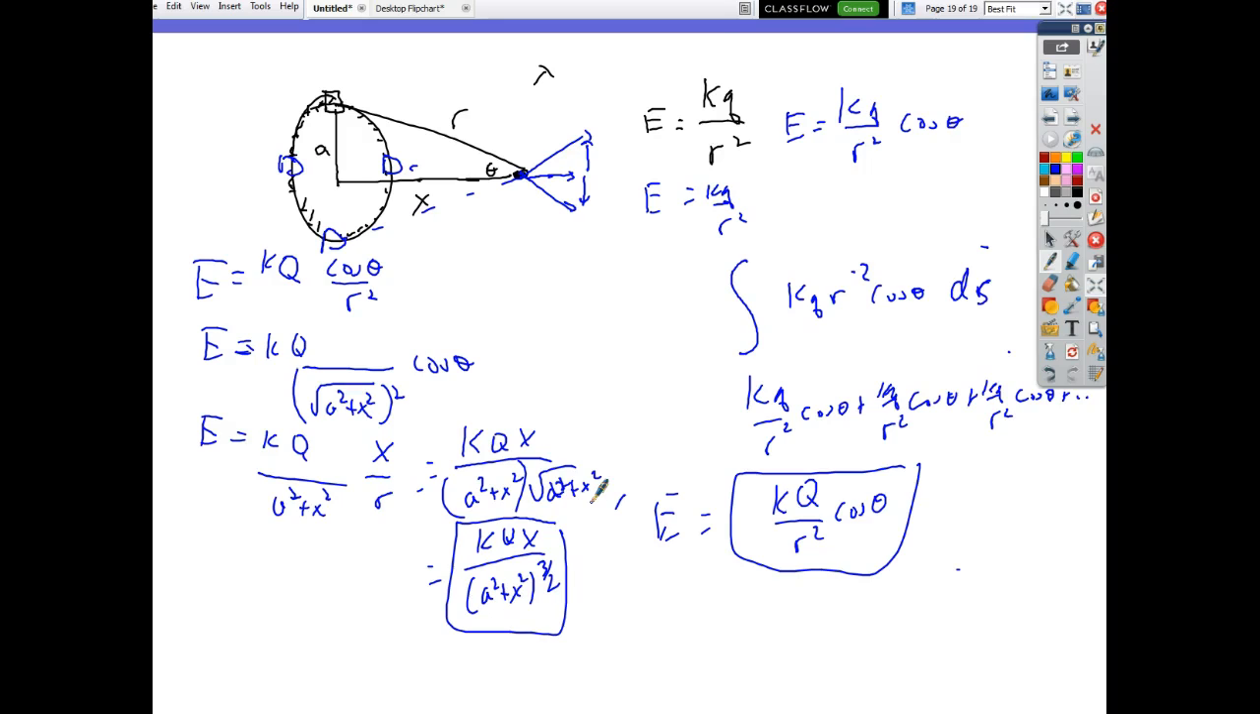Probably I should have made the square root of r and put it together, r to the 3 halves, and then pointed out the a squared plus x squared. That would be the way to do that, wouldn't it? All right, good? Okay, and I'm going to